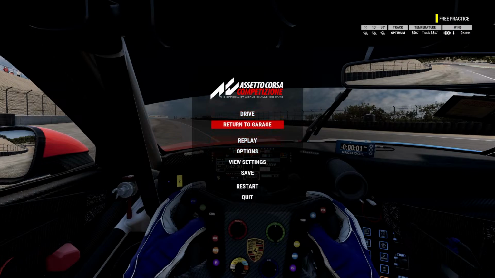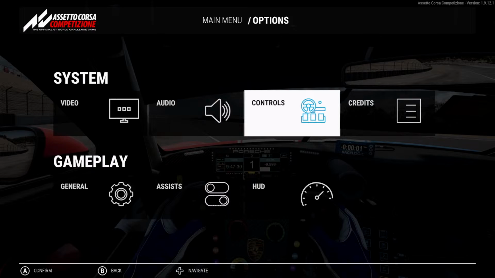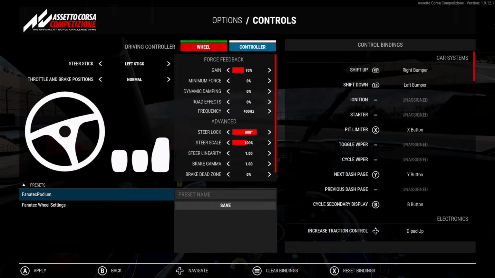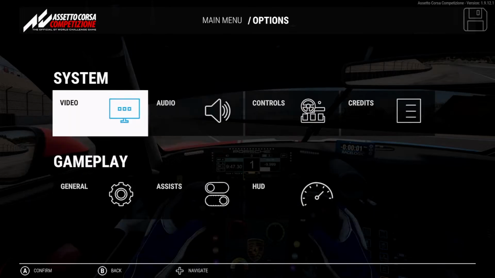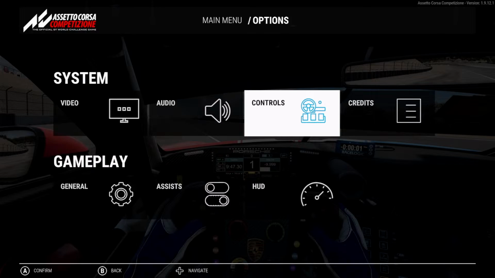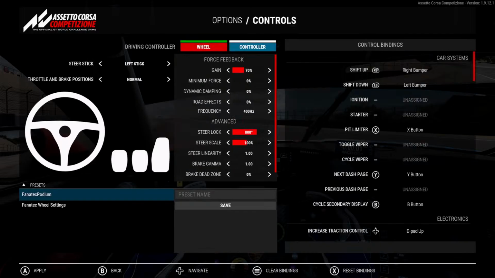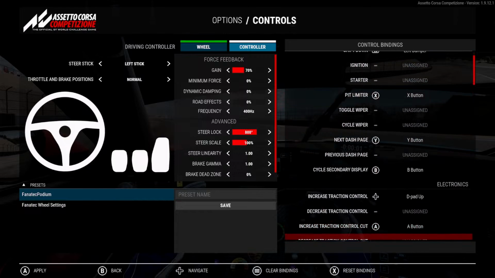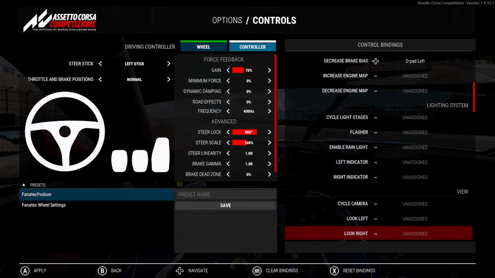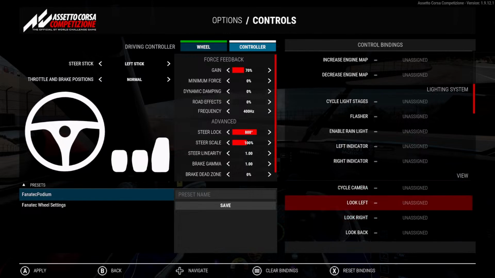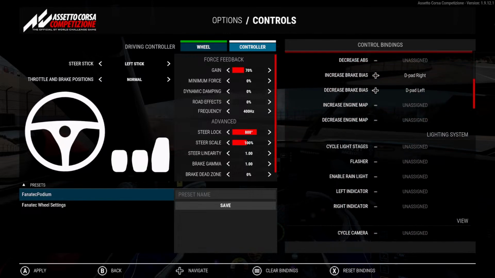Trying to think. Let me go to my options and controls. Steering lock is at 800. I don't know if that's what is supposed to be on this car. Alright, let's go down here. How to change camera cycle. I can't do that.